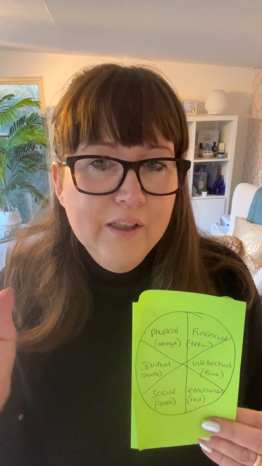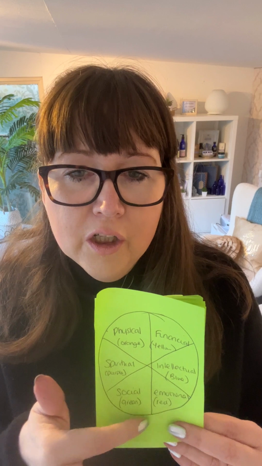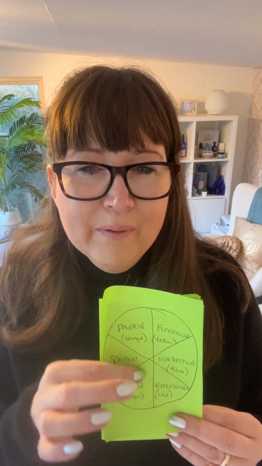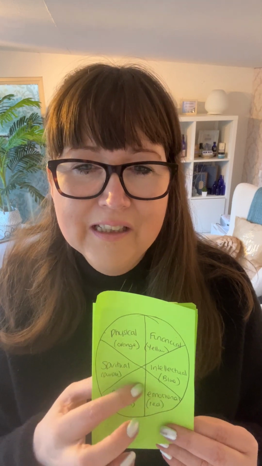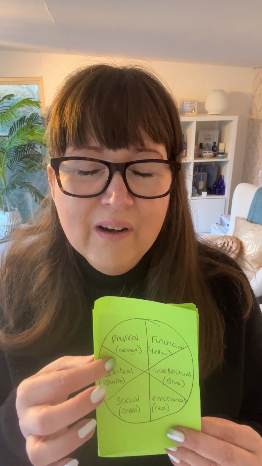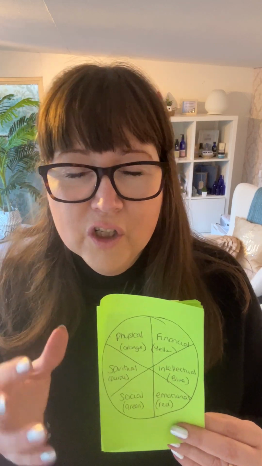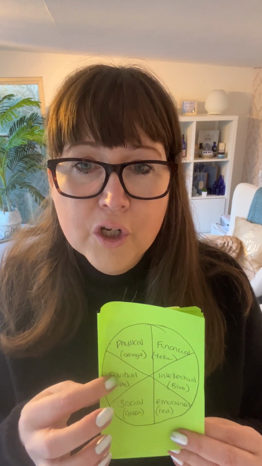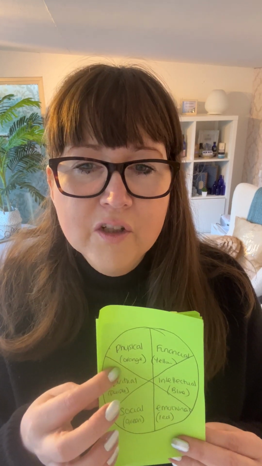So if it's absolutely perfect, there's no work that needs to be done in that area of your life, you are absolutely happy and content to the maximum you could possibly be, then you will colour in the whole segment, okay? If you are partially happy but there's a lot of work that needs to be done, then you might just colour in 10% of it. If you're sort of halfway there and you're feeling, yeah, I've done quite a lot of work on this area of my life, I'm quite happy, but I know that there's more to do, there's more to come, then you might just want to go halfway.